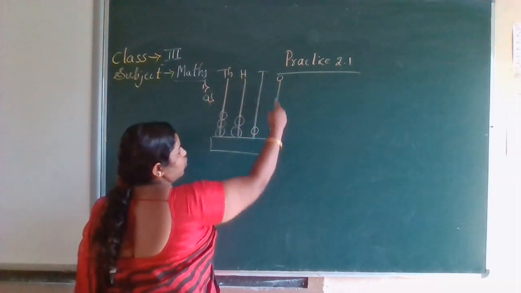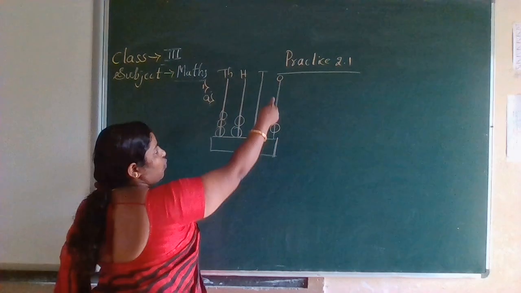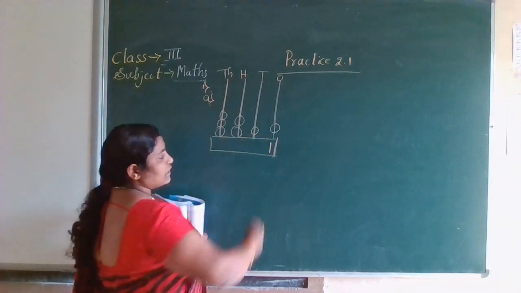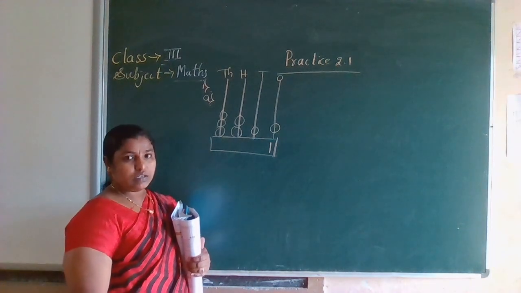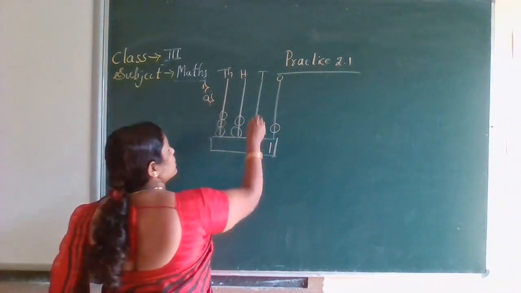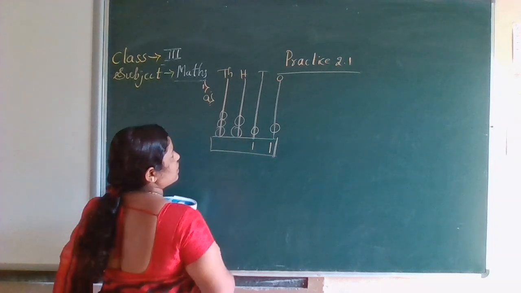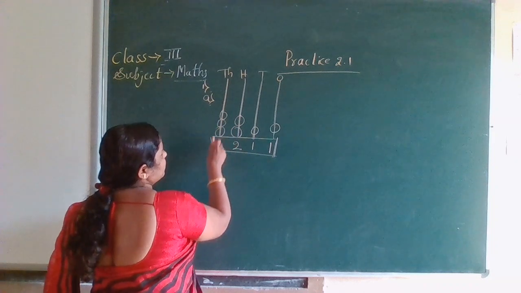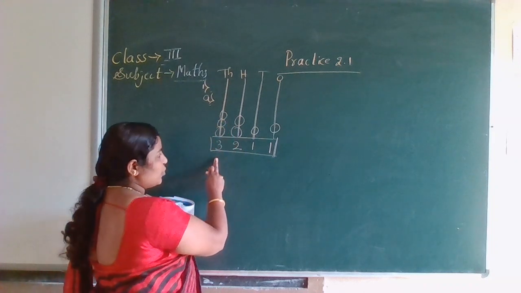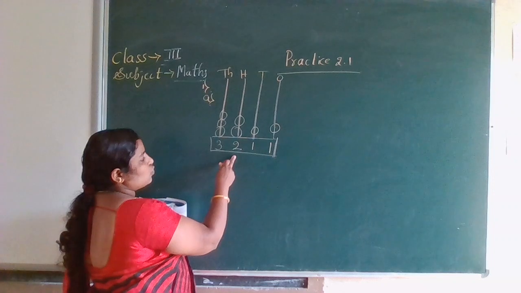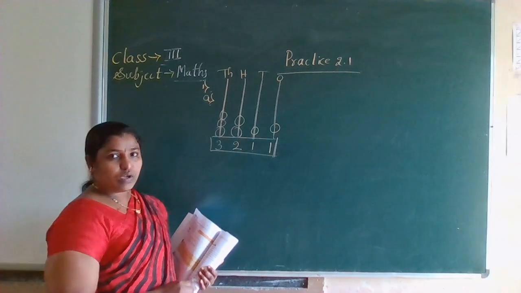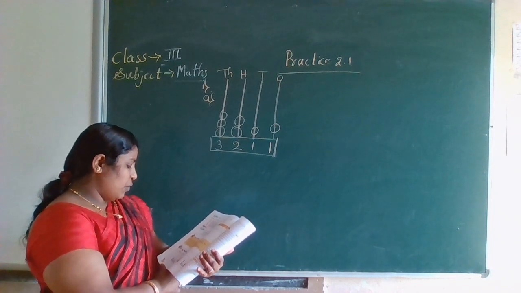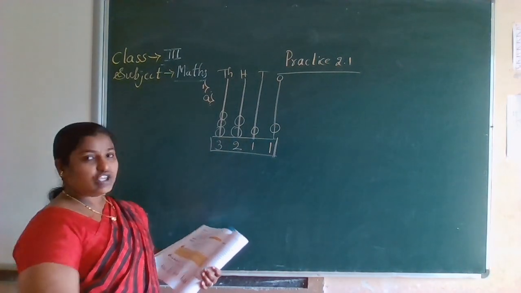First spike, this is the ones place. Ones place, one spike is having only one bead, in the sense it is 1. So 1 unit. This is 1 ten. And this is 2 hundreds. Thousands, 1, 2, 3. So the numeral is 3211. Okay? 3211. Write the number and number name represented by each abacus.